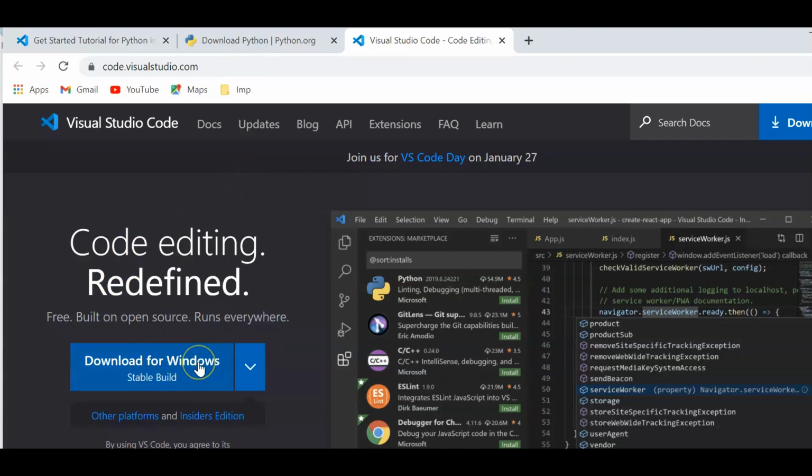Once you click on this, you will get a downloaded installer exe, and then you can just click on that exe and VS Code will be installed on your machine. Next thing is the extension. Once you have VS Code ready, you can use the VS Code extension. But before that, I would suggest having Python installed on your machine.